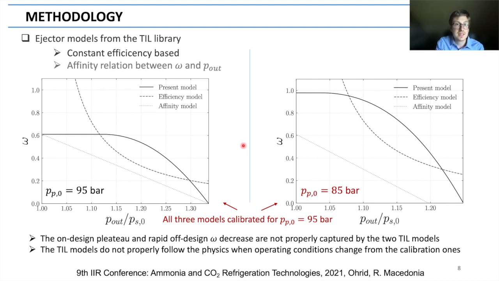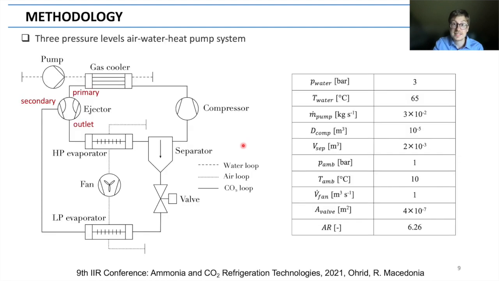Okay, it is now time to go over the studied cycle, which is a 3 pressure levels air water heat pump system that is typically used to generate hot water to heat up residential buildings. And so this cycle comprises 3 loops: a water loop, an air loop, and a CO2 loop. And the purpose of this system is to transfer heat from the air loop to the water loop via the